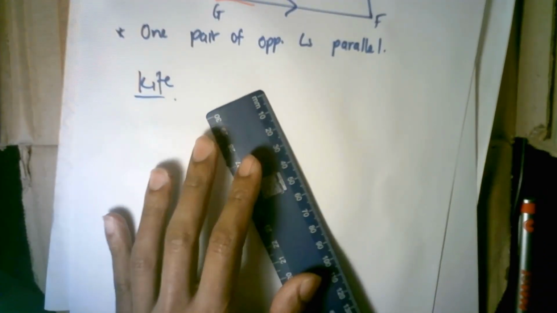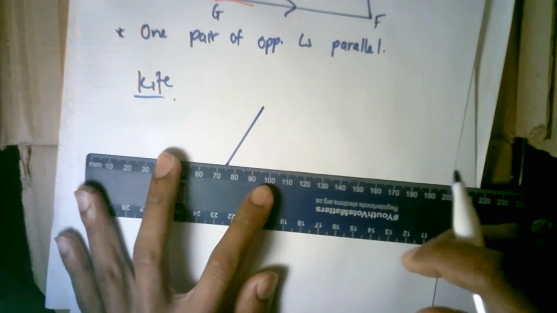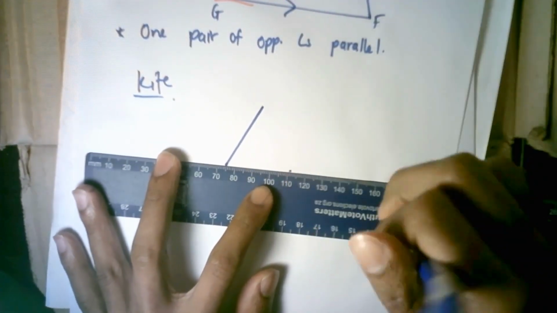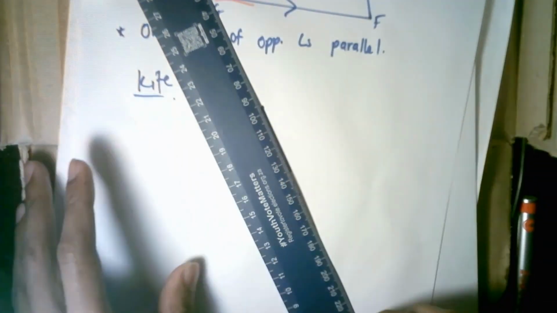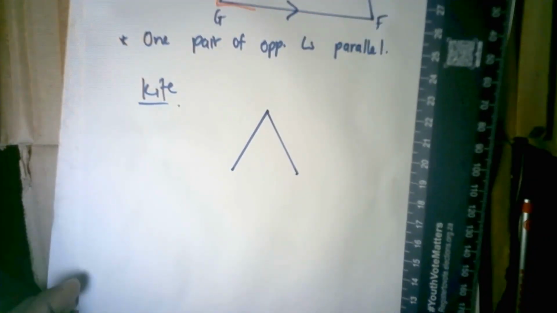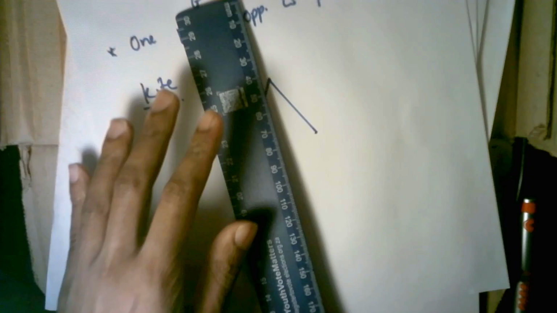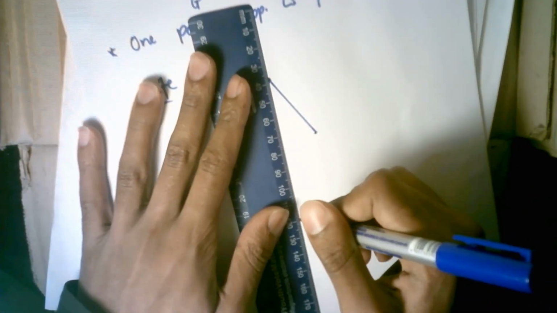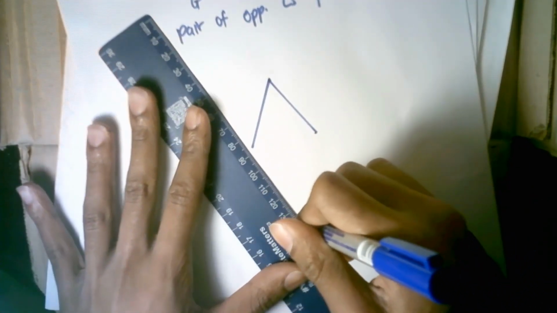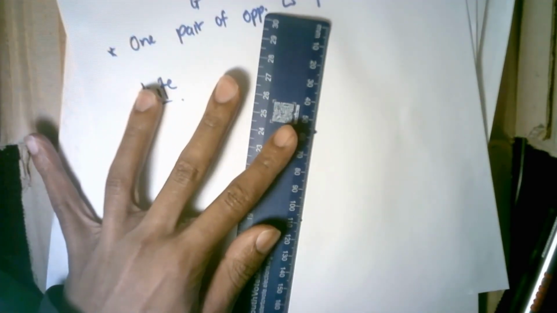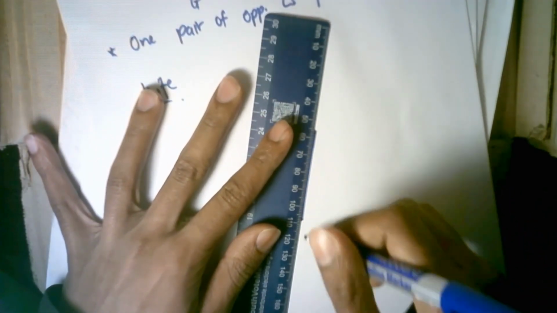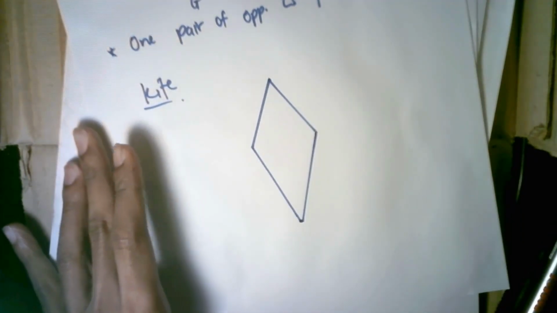Right, it looks something like this. I'm just going to draw a quick sketch of this, nothing too fancy or precise, but I want it to look as much of a kite as possible. So a kite looks something like this, right? Like a diamond type shape, right? Let's say this is kite